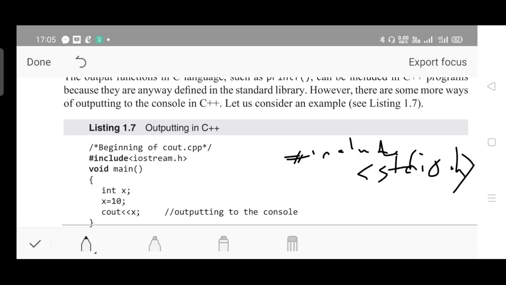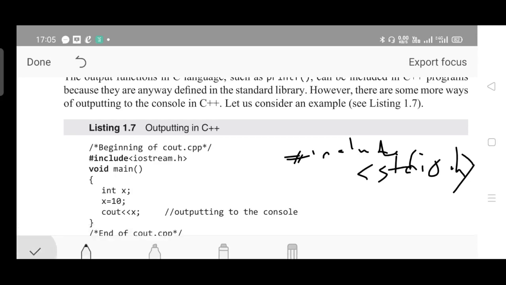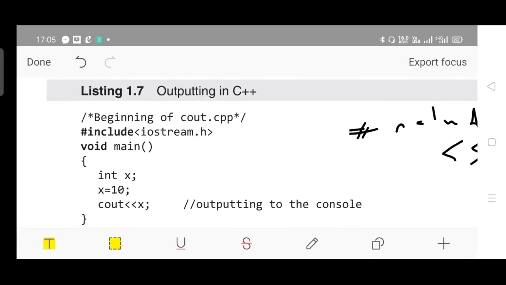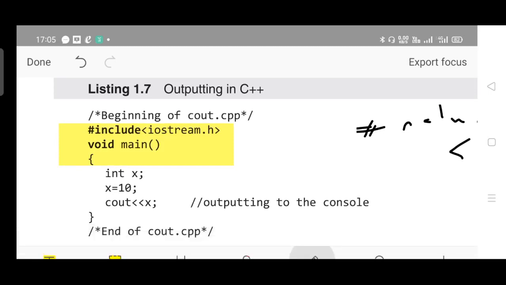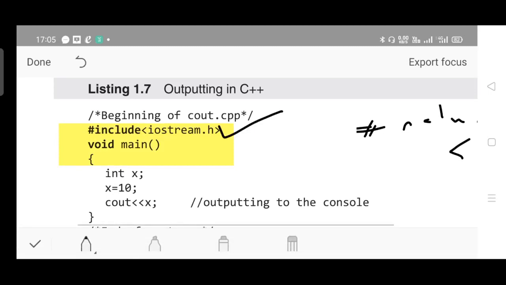But in case of C++, please observe here. Hope it is clearly visible. Please observe this part, the thing which I am highlighting now. See, hash include iostream.h. What is iostream then? In case of C++, the similar input output functions are defined under the library iostream.